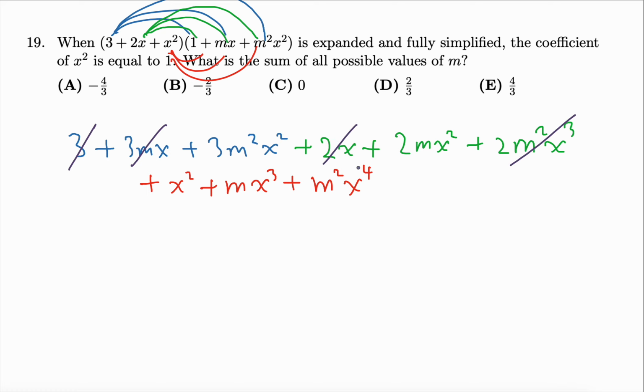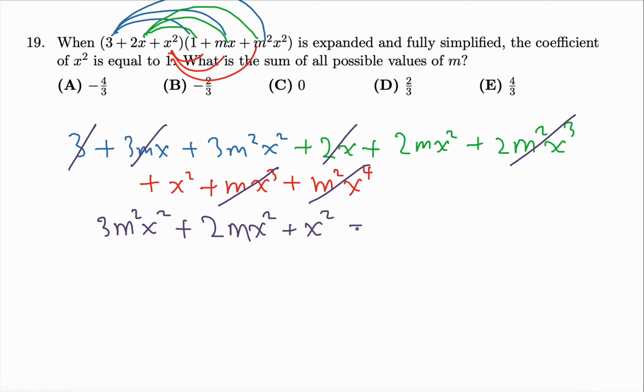That's an x cubed, x to the 4, that's an x cubed. So the only ones we really care about are 3m squared x squared plus 2mx squared plus x squared. So we're getting one term from each color,